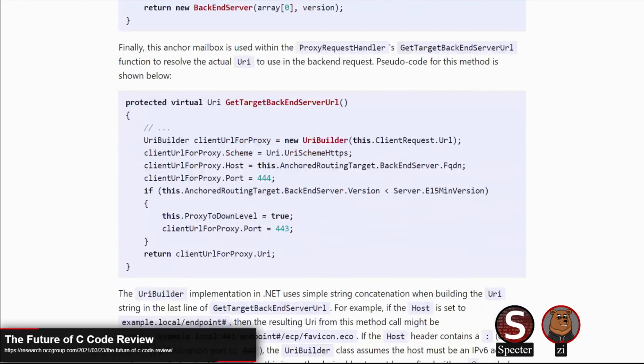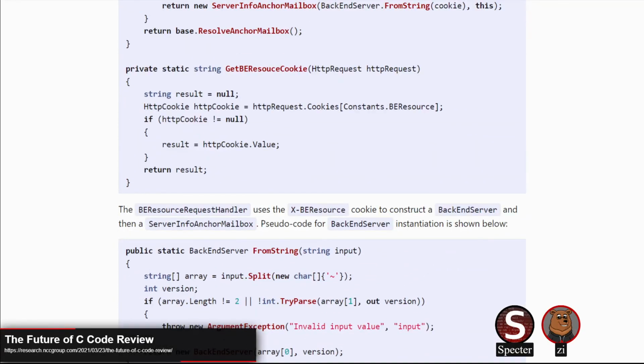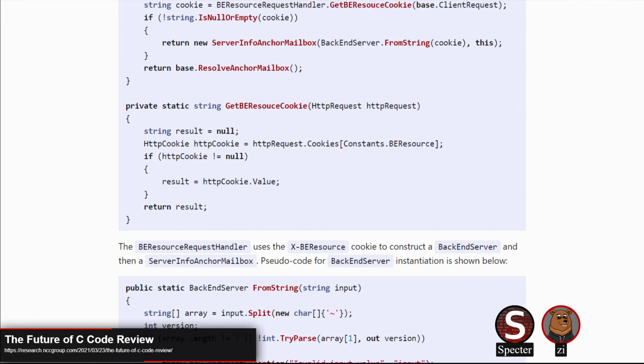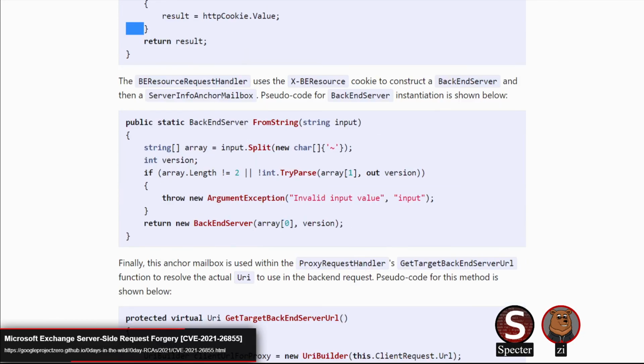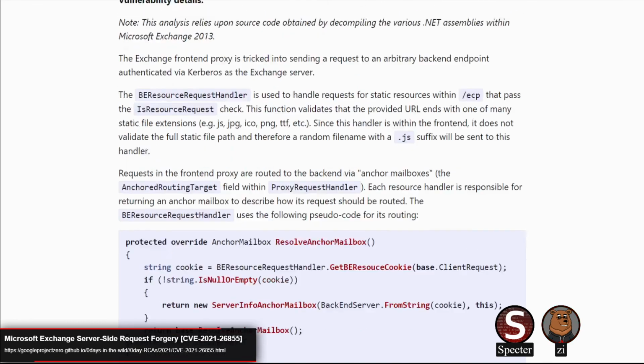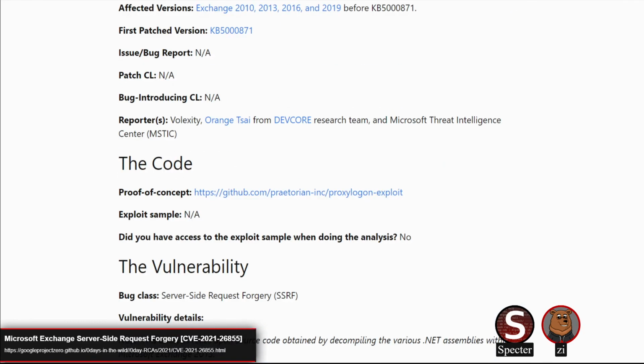I really like these RCAs that Project Zero does because they're concise and straight to the point. So that's why we're going to drop this in here as a link to take a look at. We're not going to go over the whole thing, but people have talked about this plenty, and there's plenty of information out there.